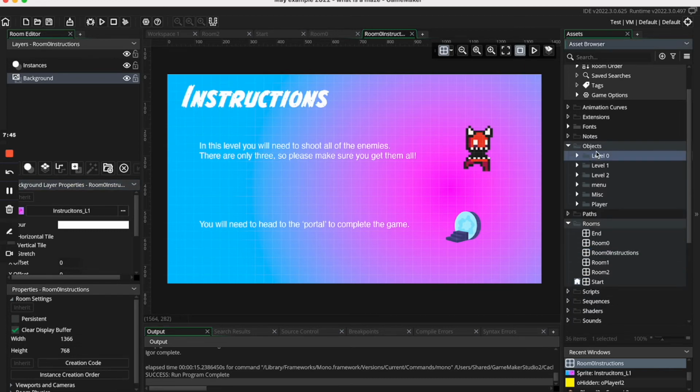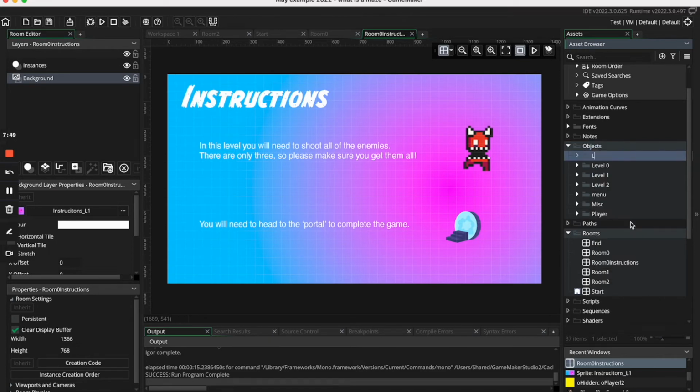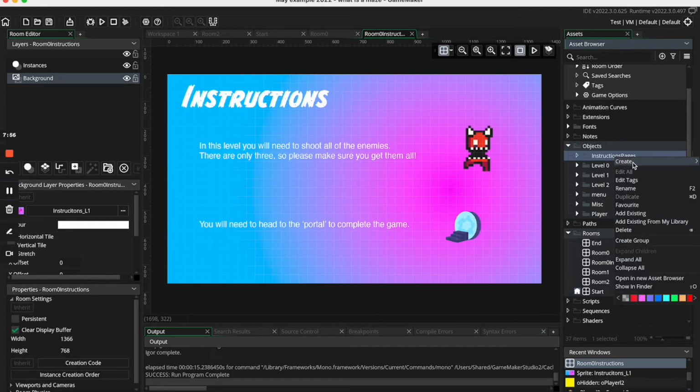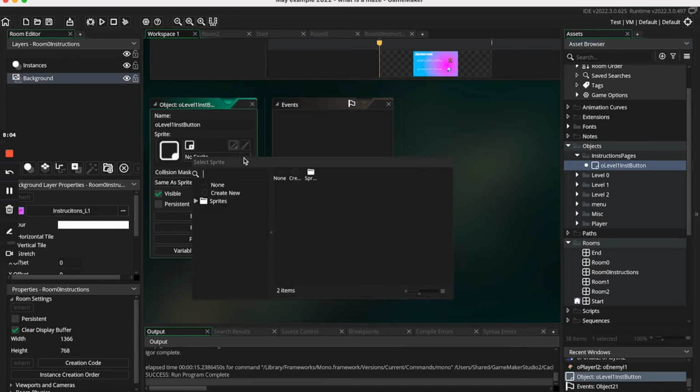on this level 0 here. I'm going to make a new group within my objects called instructions pages, and we're going to make a new object, and I'm going to call this O level 1 inst button. And we're going to basically set this to just show like play or something like that, right? Now,